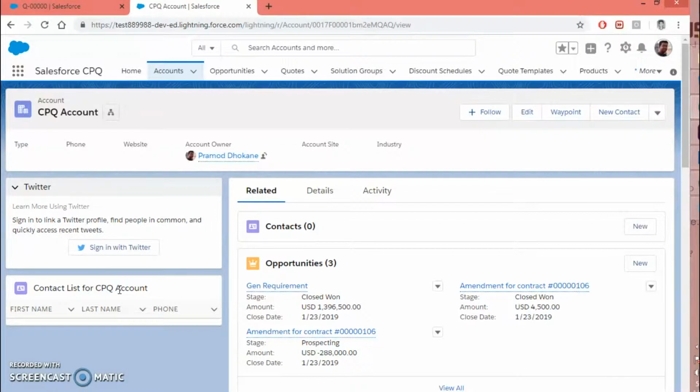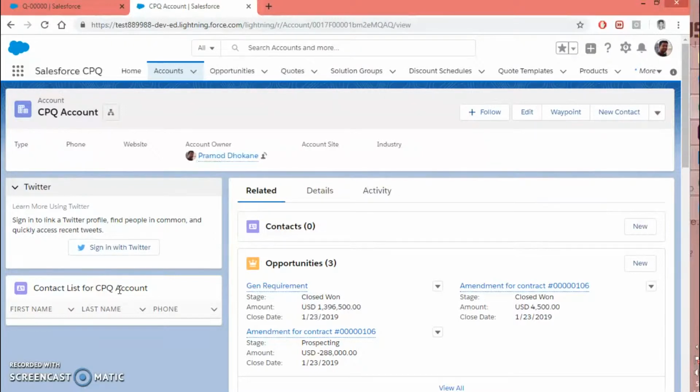See, the idea behind having the contracted price is, let's assume that the sales rep made a quote and presented it to the client, and let's say he's agreed on that, and on the same quote he might have a different discount schedule or pricing or additional discount that needs to be written for the future deal.